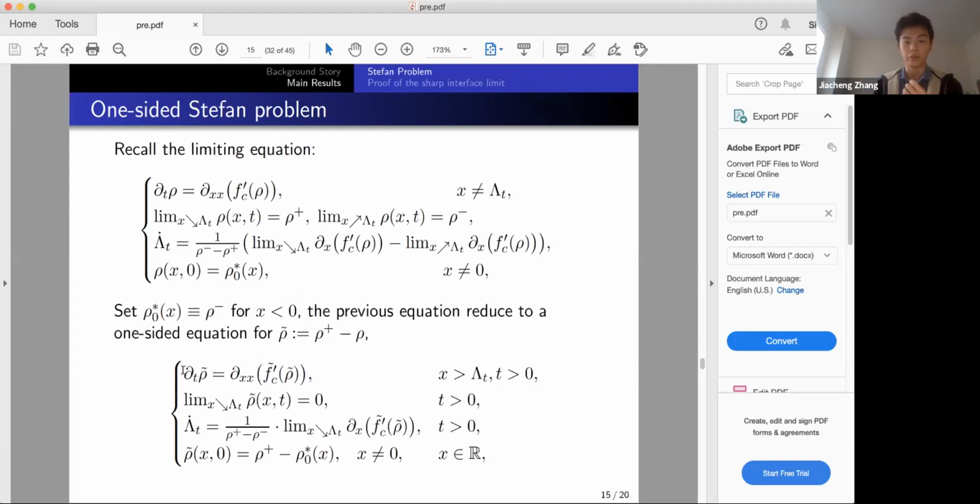in the sense that it will become partial t of rho, again with some change of variable, or change of function f tilde c. We will have at the boundary, this will converge to 0, and the boundary will move, the free boundary problem will move along in a Stefan term here. I think Misha spent a lot of time explaining this one and how to connect this one to the super cool Stefan problem when we consider the linear case.